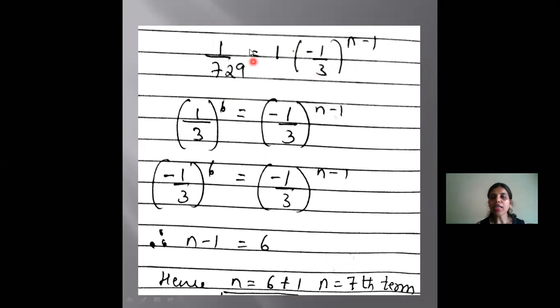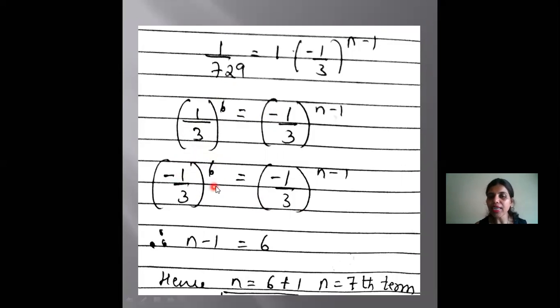Now from this you get an idea that as base is 3, you need to have 729 to the power of 3. You have to convert this 729 to the power of 3. So when you factorize 729, you get 3 raised to 6 as 729. So I put it as, because 1 raised to 6 is also 1, 1 upon 3 raised to 6. Now as you can see here, in the base it is negative. So now as my index is an even number, if I take negative inside, to show that the bases are same, it's allowed.